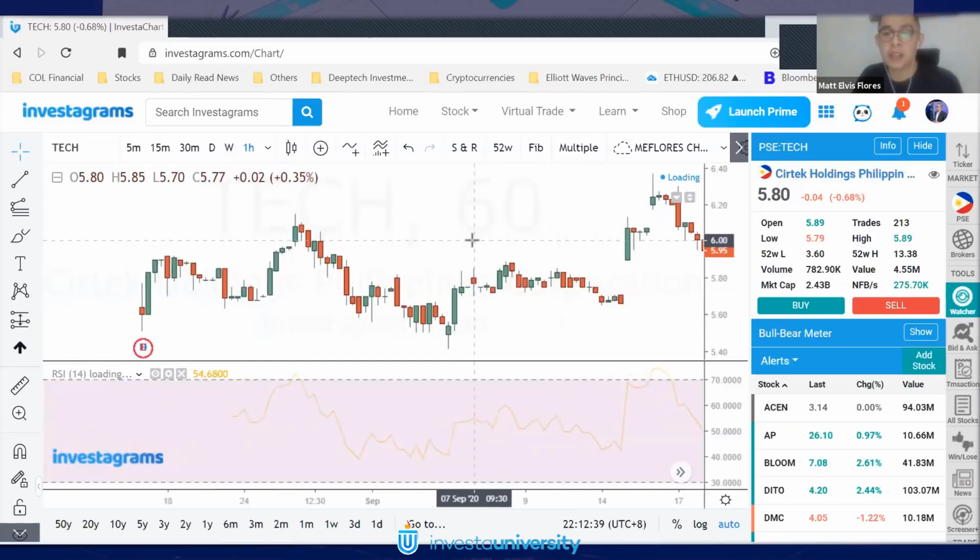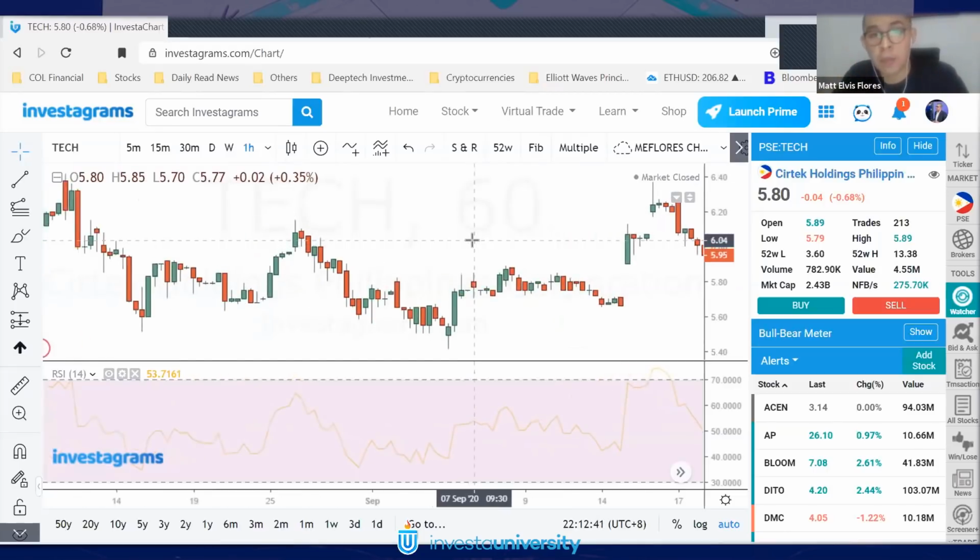Syempre, the expectation, once you go to a lower time frame, mas volatile, mas malikot na siya. Kaya sinasabi ko na if hindi ka makaka-focus solely sa market, and since meron kang corporate job, just focus on the weekly or daily time frame para hindi masyadong headache at the end of the day. However, if you really want to push, you trade for a living, then dito na papasok yung multiple time frame. Dito na papasok yung paggamit mo ng mga lower time frames, like 30, 15, and 5 minutes,